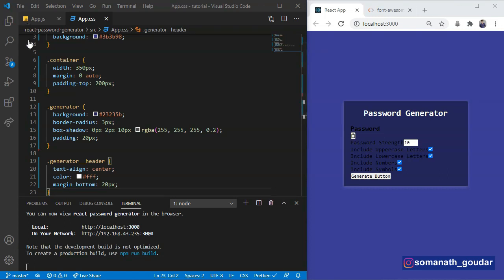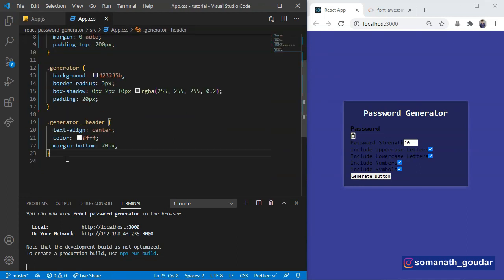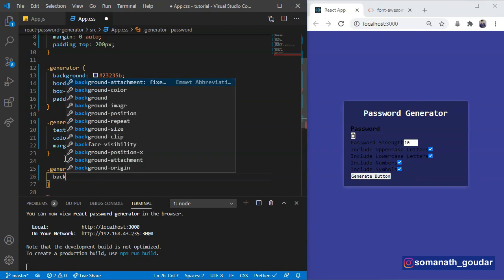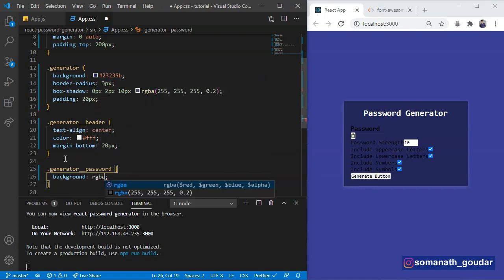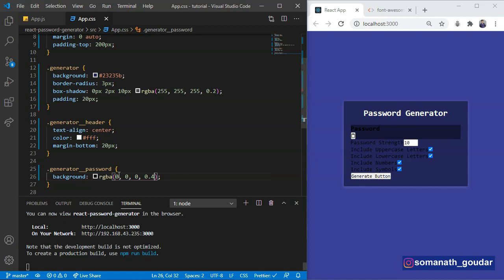now let's target that generator password. It is going to have a background color of RGBA with a little bit dark black 0.4. Let's save this. As you can see, the opacity is set to 0.4, and also give it a padding 13 pixels to the top and bottom and 10 to the left and right.